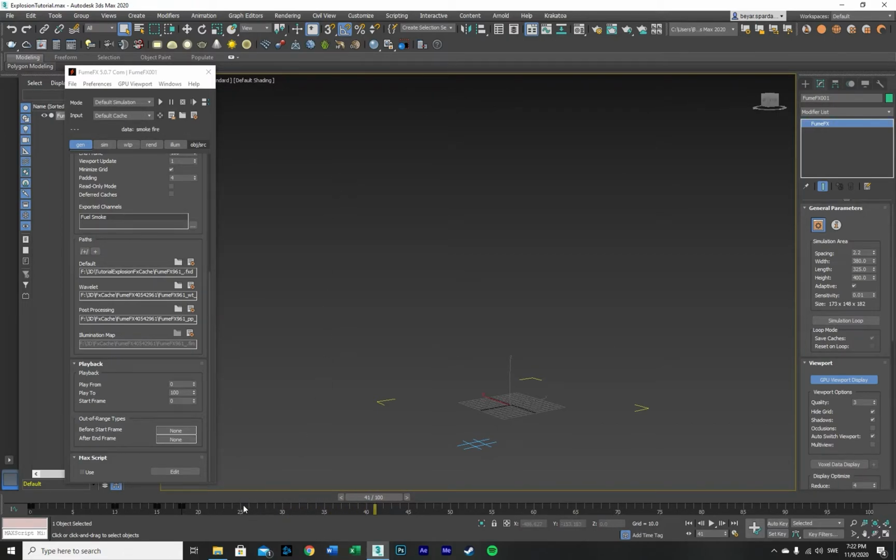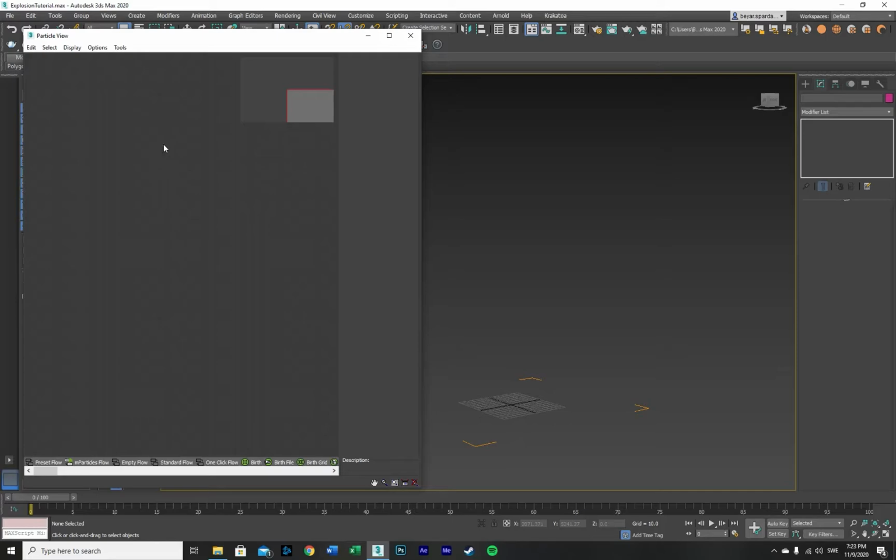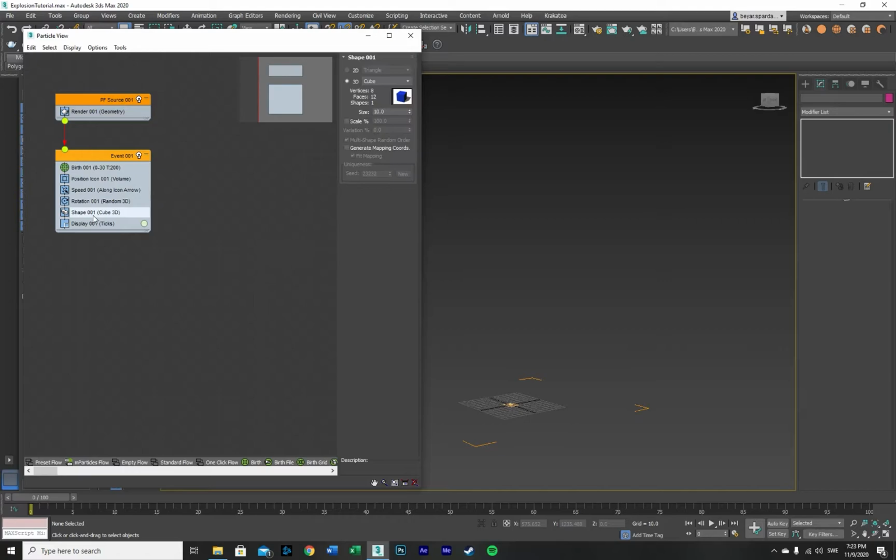Oh, guys. Now see, this is why it is very important to be attentive. I have forgotten to create a source from which the fuel is going to originate from. And we're going to, of course, use a particle system, because particles are extremely versatile. And we can create many different sources or shapes of sources upon which the flames may rise from. So I'm just going to create a standard preset flow, and we're going to emit from